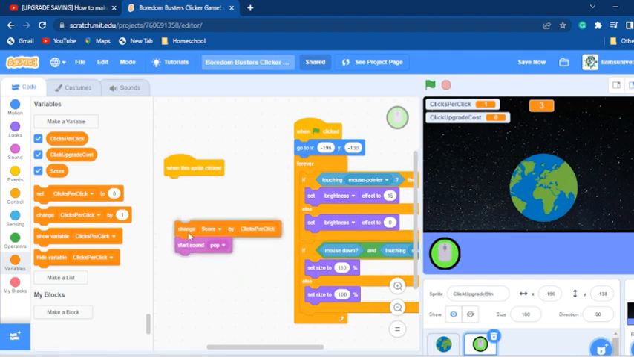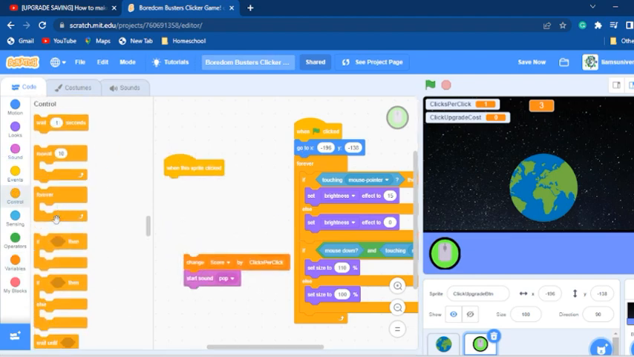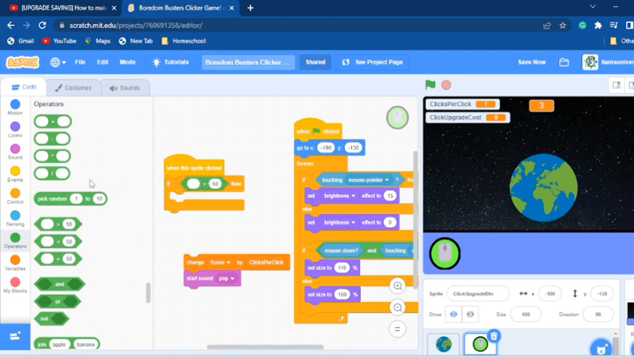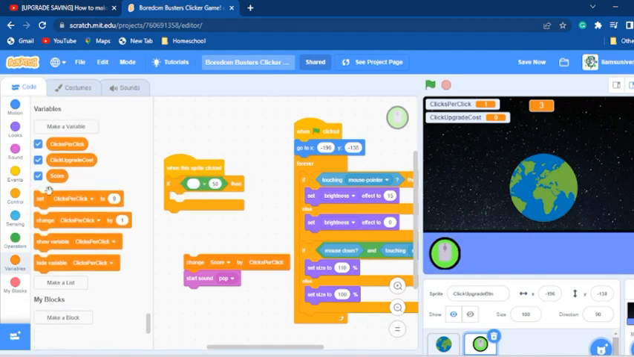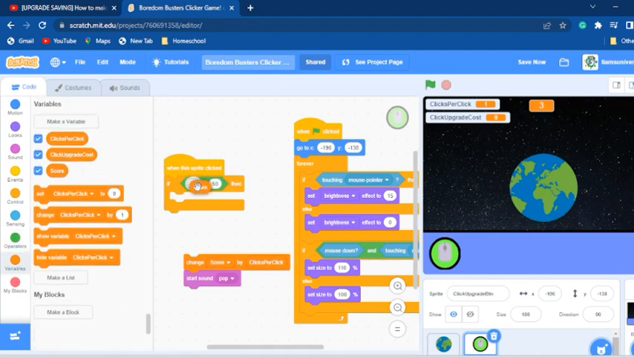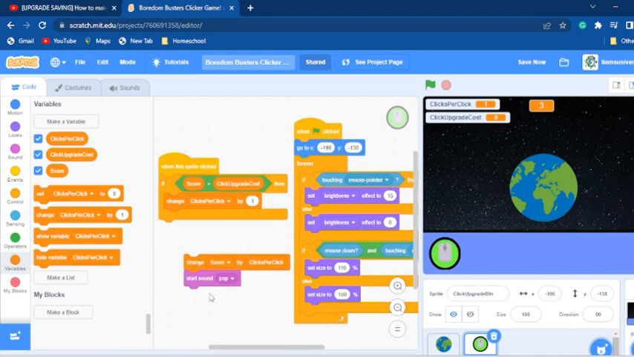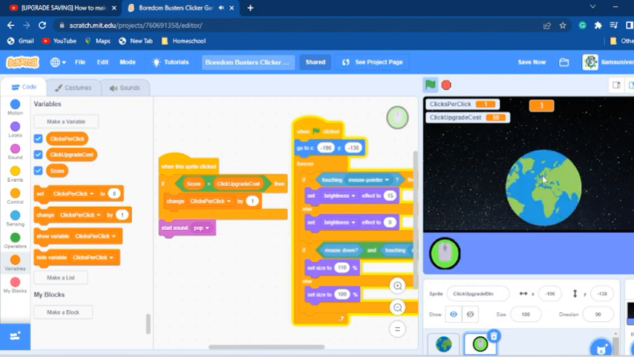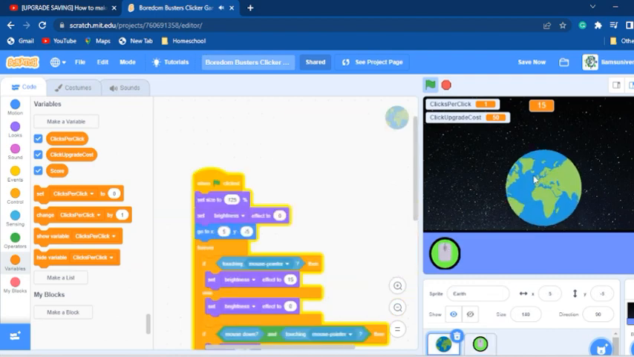So when the sprite is clicked, we're going to do an if statement. So what we're going to do now is go here and do an if greater than statement, and we're going to do score and click upgrade cost. Then we'll change clicks per click by 1, and then we can just put the start sound pop right here. And yeah, let's just try to get our clicks more than the